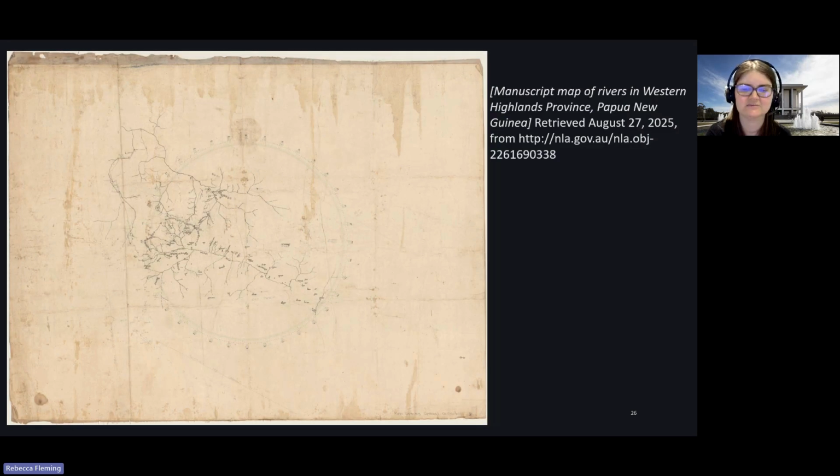And there's some examples which, if you go into Trove and find these, you can zoom in to see the maps a little bit more closely. But this one, Rivers of Papua New Guinea, I thought was quite interesting. And finally, there is this school book, which is written in one of the Fly River languages, which is worth exploring.